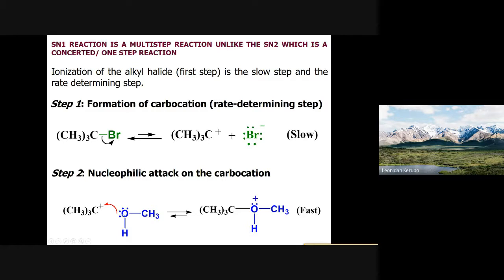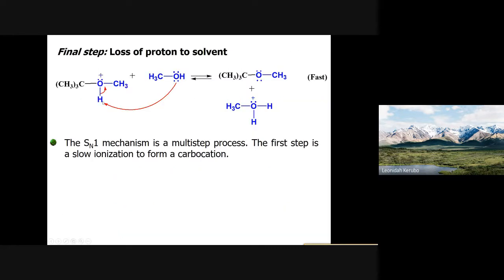But when a new bond is formed with the electrophilic carbon, the oxygen becomes protonated. So this hydrogen now becomes highly acidic, because these two electrons will tend to move towards the oxygen atom to neutralize the positive charge, making this proton more acidic compared to when there was no positive charge. It also means this bond is highly polarized when there's a positive charge, and through the inductive effect, the two electrons will move comfortably to stabilize that positive charge,